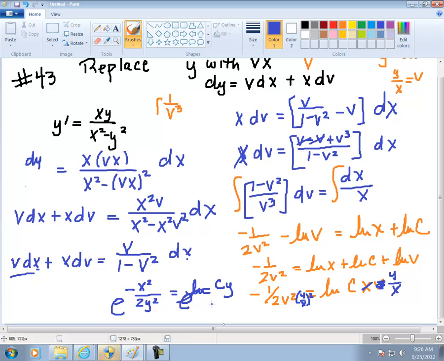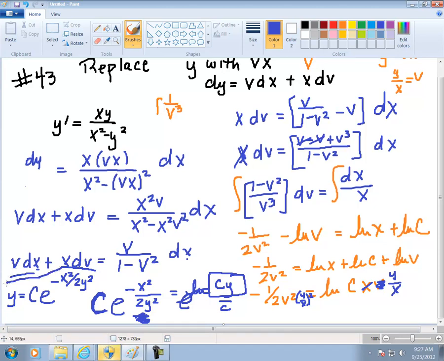But remember, c is just a constant. So that's just going to end up being multiplied by c. So my final answer is going to be y equals c e to the minus x squared over 2y squared. Again, I e'd both sides. The e and the natural log canceled out and just left me a cy. So I would divide both sides by c to get rid of the c. But remember, c is just a constant, so I don't have to worry about it. I can just put the constant here, because it could end up being 1/2. It doesn't need to stay in the denominator. So this is